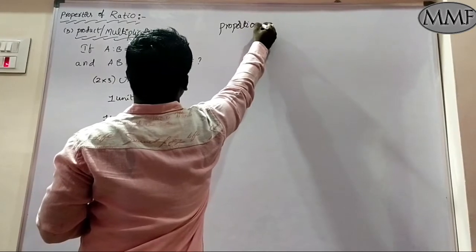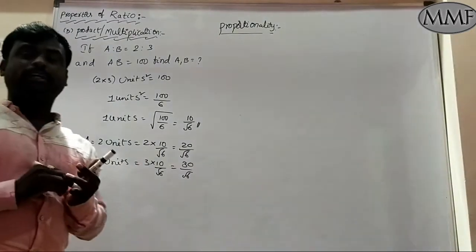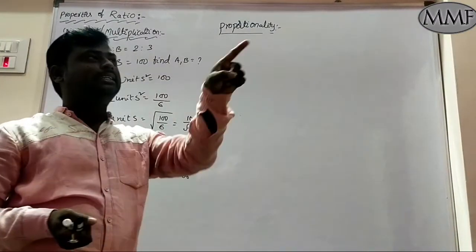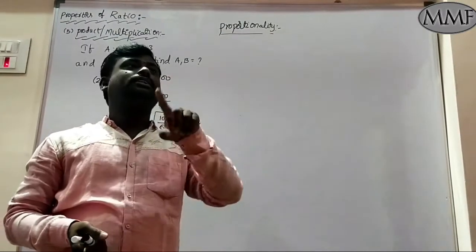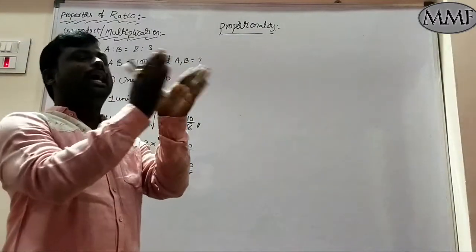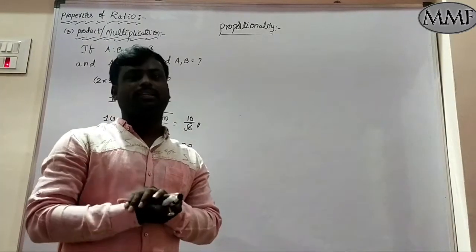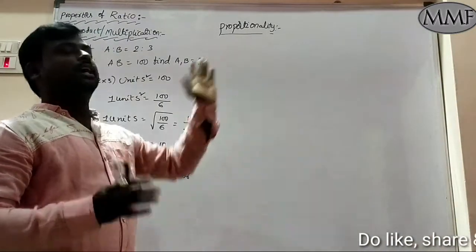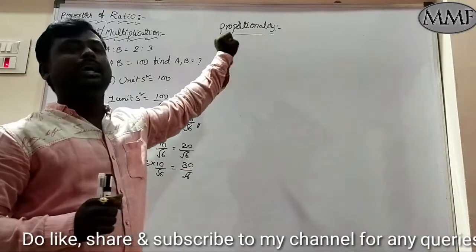Proportionality. So what is proportionality in real time examples? For example, in our homes, your brother or aunt say, you are exactly as your father. Your nose is exactly of your father. Your eyes are exactly of your mother. So they will say. So that is a proportionality. Means you have a somewhat exact replica of your forefathers or foreparents. Clear or not? So same like that. In numbers also we have the same exact things, replicas. So that's why we call it as a proportionality.